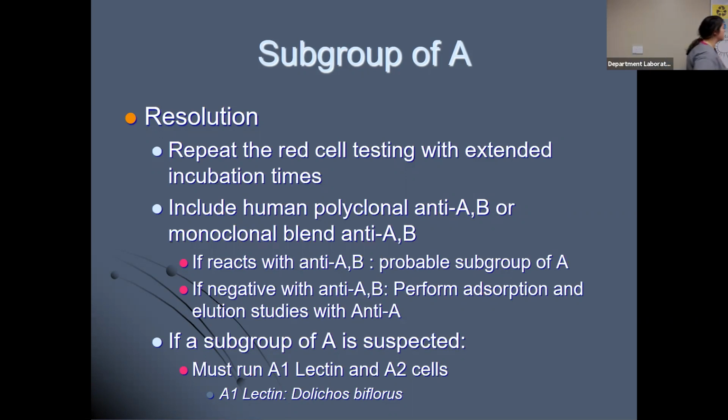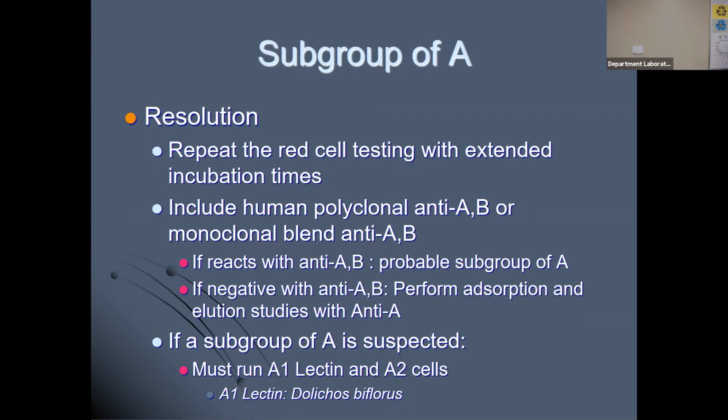Your textbook mentions the possibility, if this scenario is still negative with anti-A,B, of some type of subgroup of A. What you can do is take your reagent anti-A, incubate it with patient cells, and let it set for an extended period of time. The patient's antigen is going to bind to your reagent. And then you could do a series of treatments, what we call an elution, where we could break that bond between the antigen and antibody,